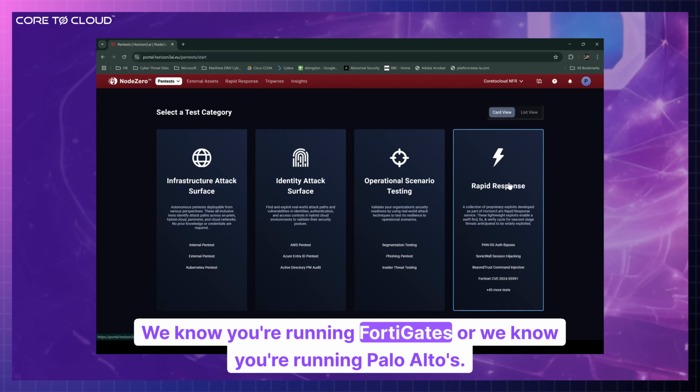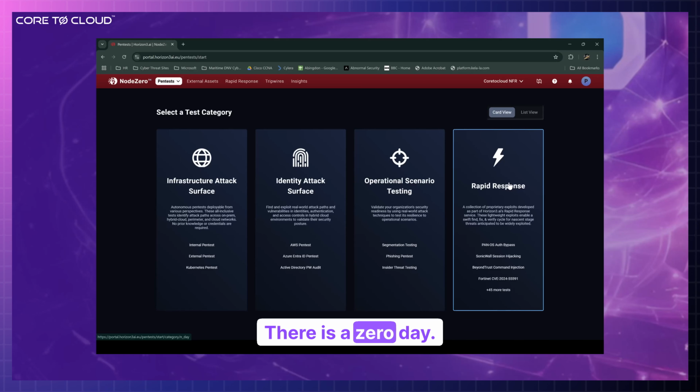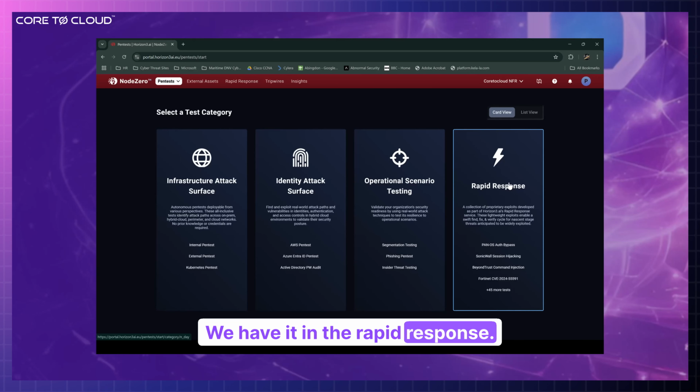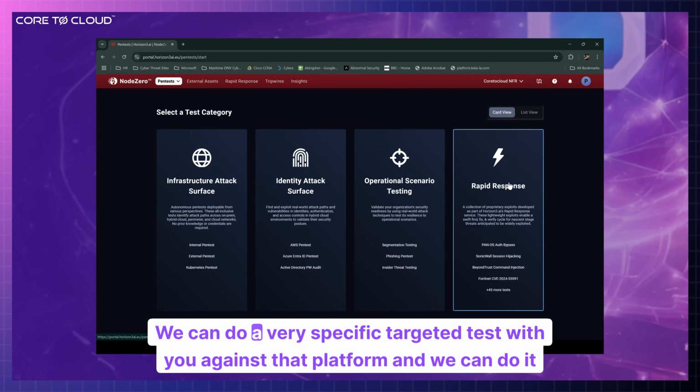We know you're running FortiGates, or we know you're running Palo Altos. There is a zero-day. We have it in the rapid response. You need to test it. We can do a very specific targeted test with you against that platform, and we can do it the next